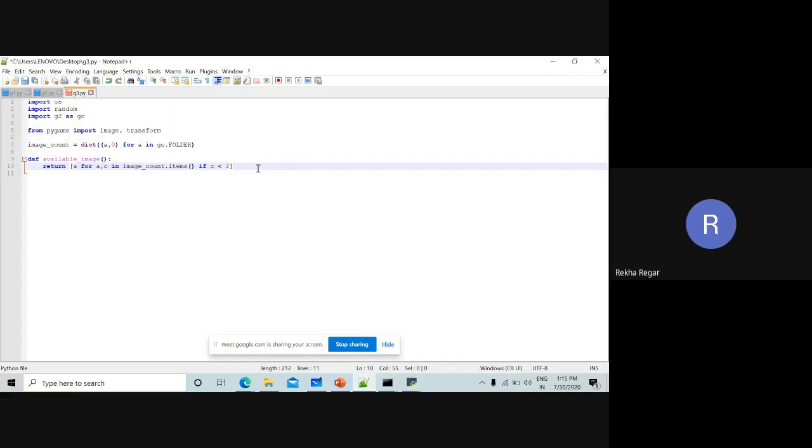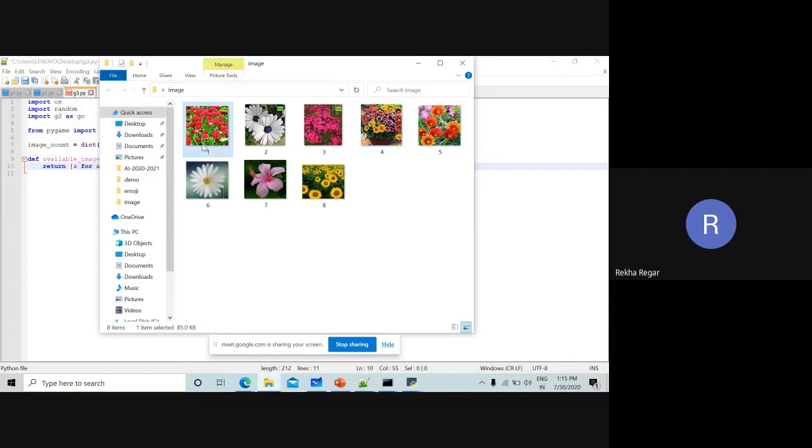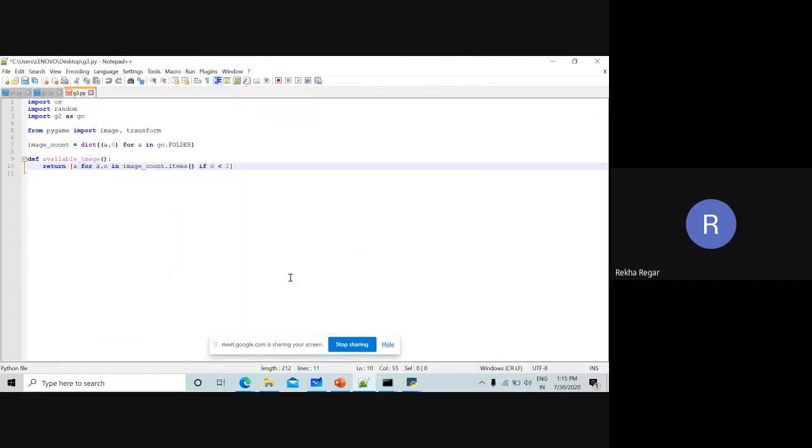For each and every image, we have values like this: 0 1 0 1 0 1 0 1. So for this image we have two values, one is the 0 and one is the 1. For this image we have one value is the 0 and the second image is 1, like this. So this function is going to be written like this.